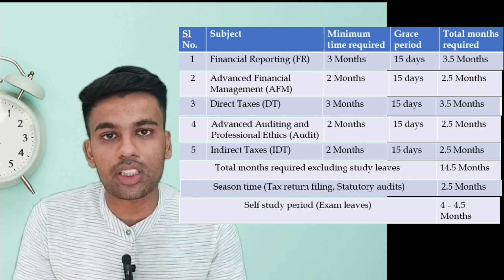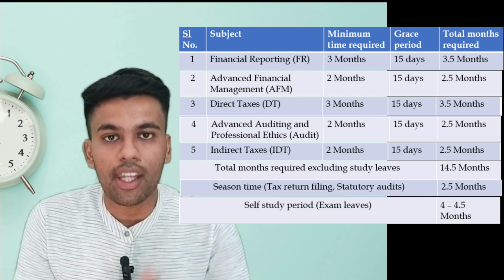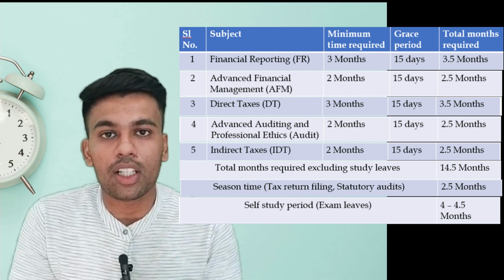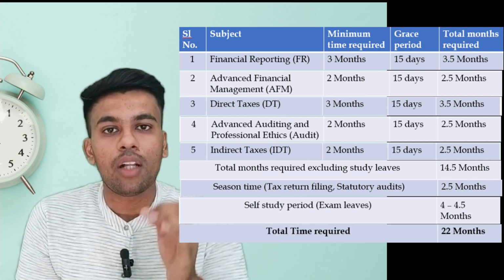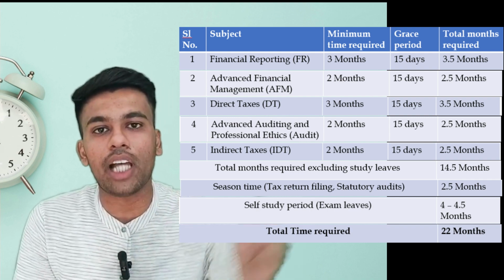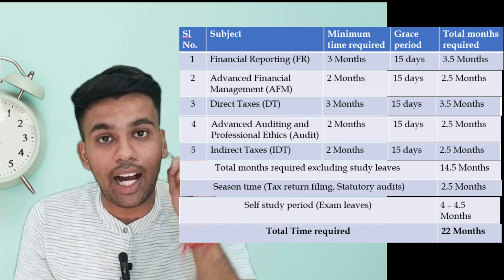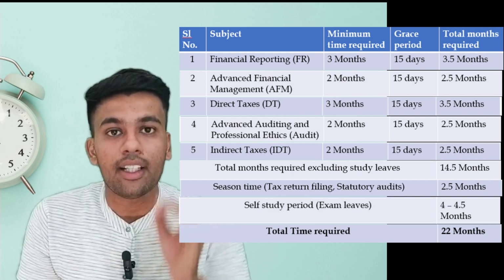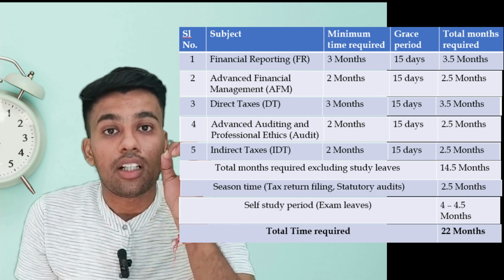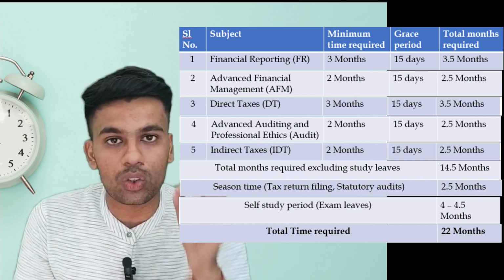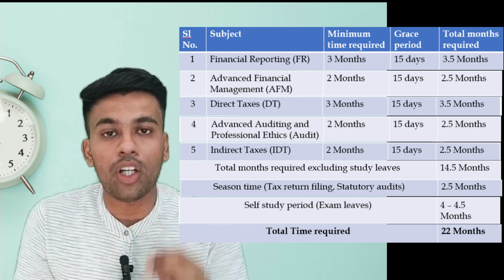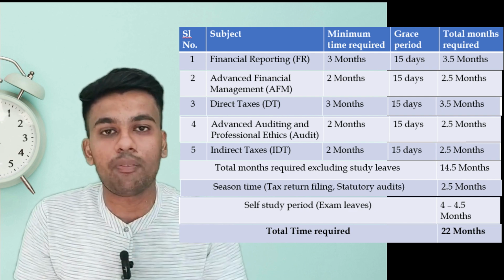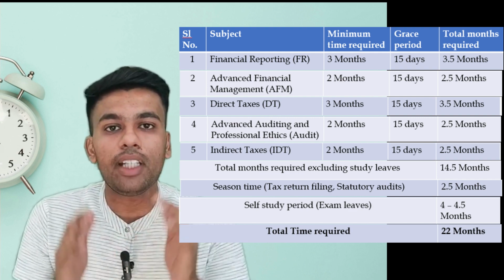Again, after finishing your CA final classes, you will go on your exam leave, which will be 4.5 months. If I add that 4.5 months to these 17 months, the total comes to a minimum of 21.5 months, or maybe, being on the higher side, 22 months. So this is the ideal time that you have in your hand to start your classes. If you are having your attempt after 2 years, so you have 24 months from today. So after 2 months from now, you have to definitely start with your classes to complete it on time, and you will not be lagging behind to complete your CA final classes.